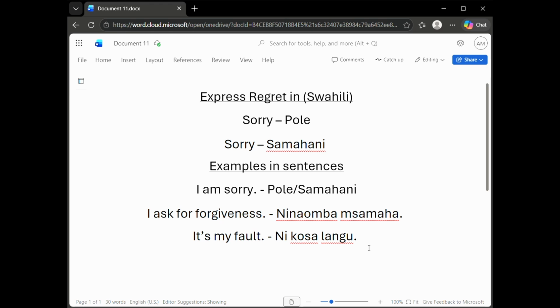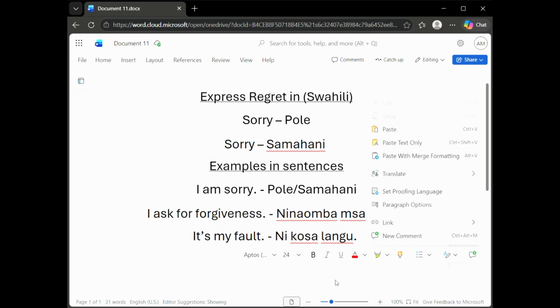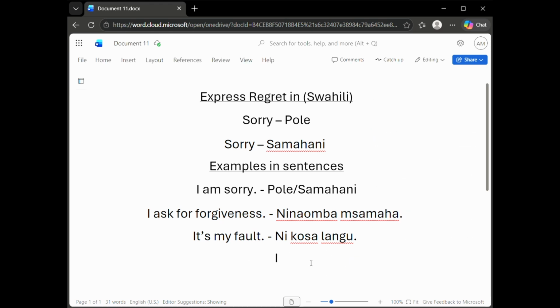Let's look at the last example. The last example is, sorry for that, I made a mistake. So I made a mistake in Swahili is basically just one word. It's just been shortened for you. You basically have to just comprehend one word, which is